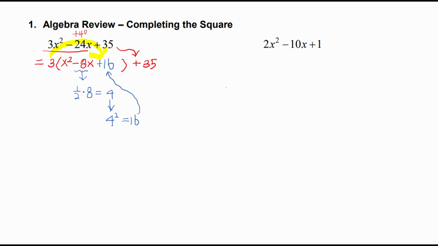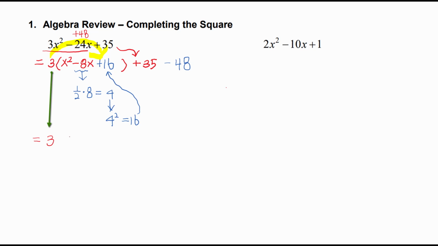And because you created a positive 48 that wasn't there before, you need to subtract that amount from outside of the expression so that positive 48 and negative 48 gives you 0. So you really haven't done anything to the problem. All we are doing is just manipulating in order to complete the square. So then